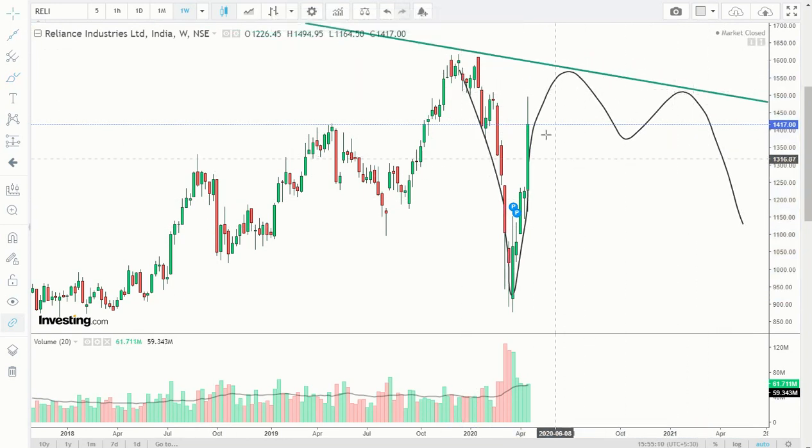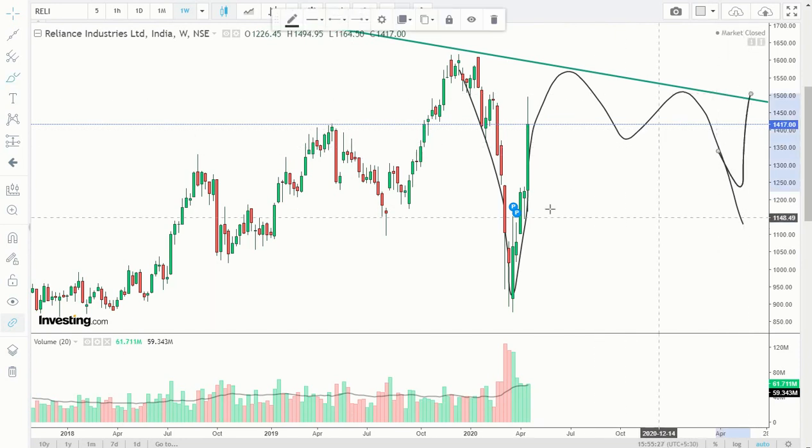And again guys, this is just from a learning perspective. I am not saying Reliance Industries will go down. I am not claiming, I have not myself researched in detail. This is just one technique. I am just telling if it happens this way, then you can draw a trend line. Whenever that trend line is broken, you can buy the share. Right? This is the kind of analysis that you do.